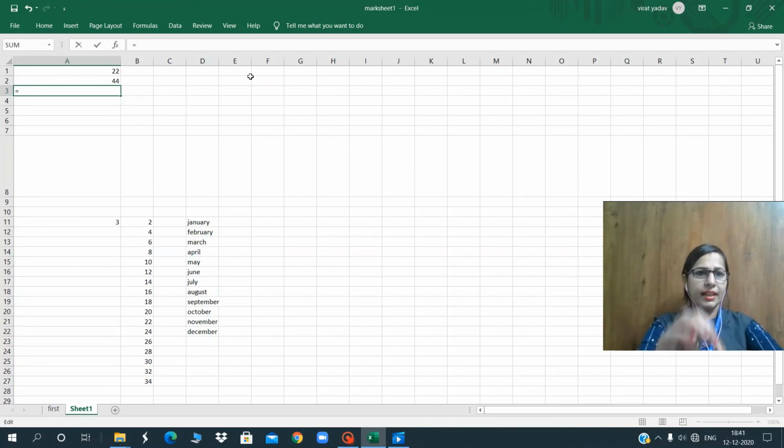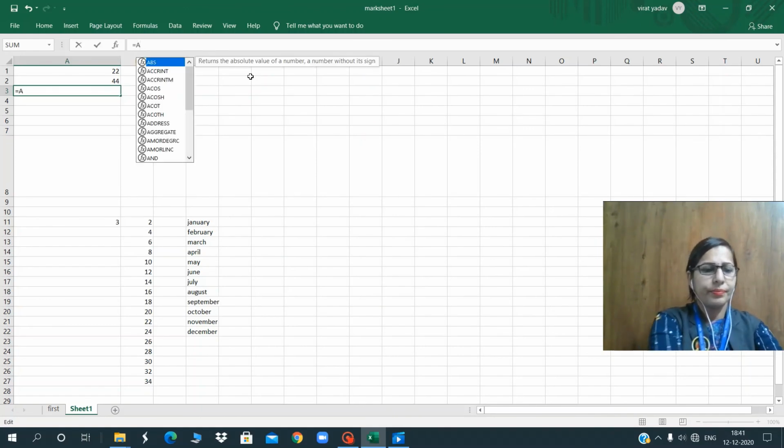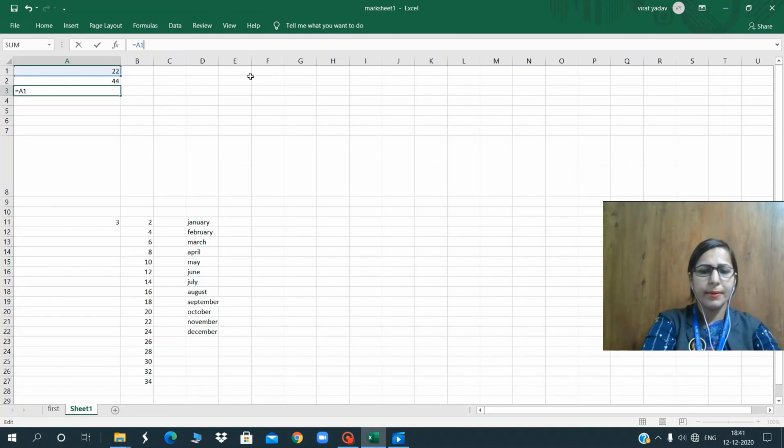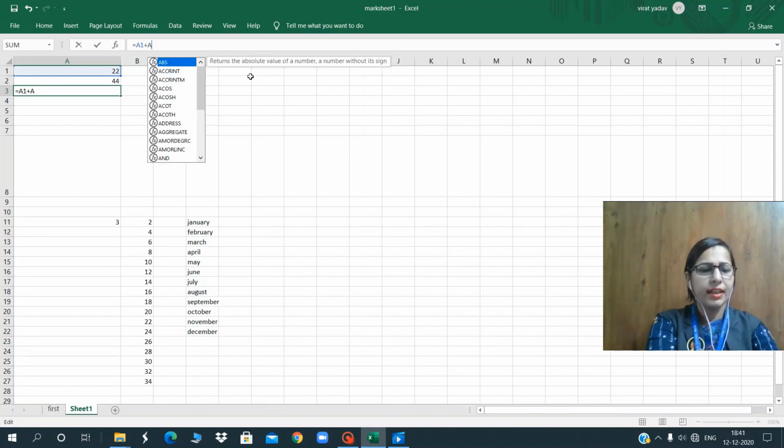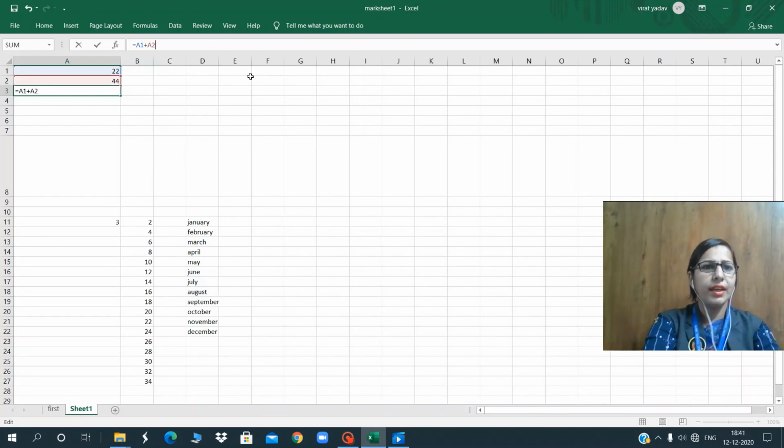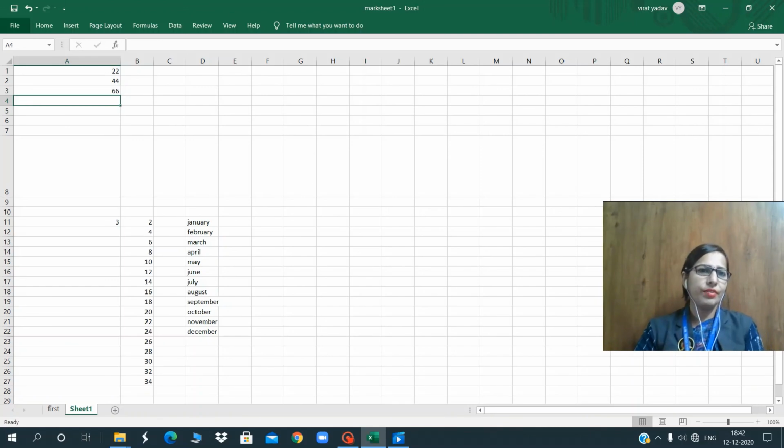So I'm writing in A3 the equal to sign and A1. After writing A1, just put a plus symbol and then A2. Okay, as I put this and press the enter key, the addition of these two numbers will come in front of you here.